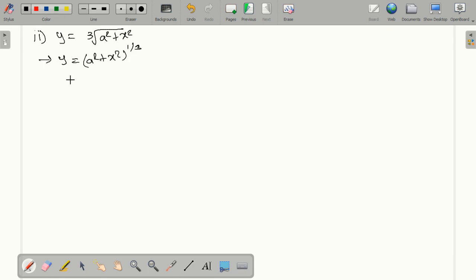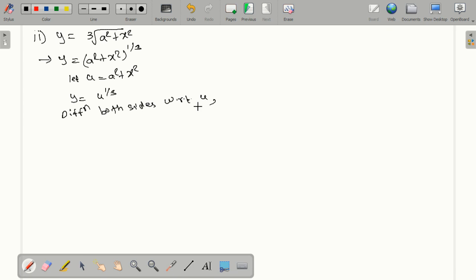So what I'm going to do here is let u is equals to a square plus x square. So y can be written as u raised to 1 over 3, right? I'm going to differentiate both sides with respect to